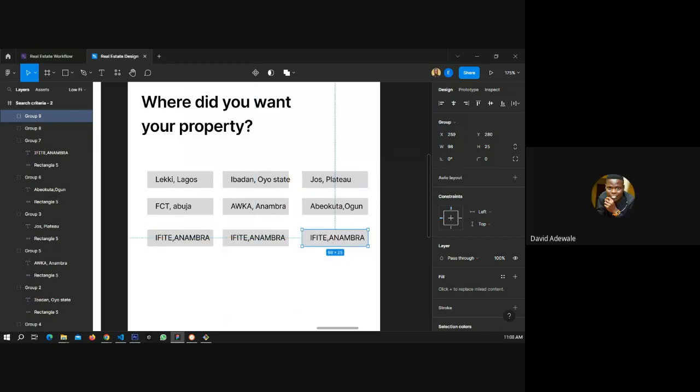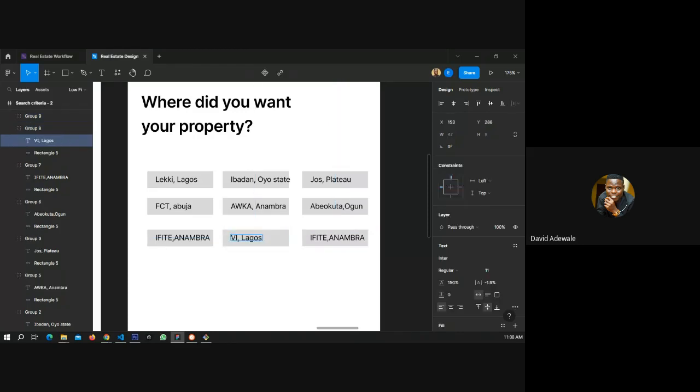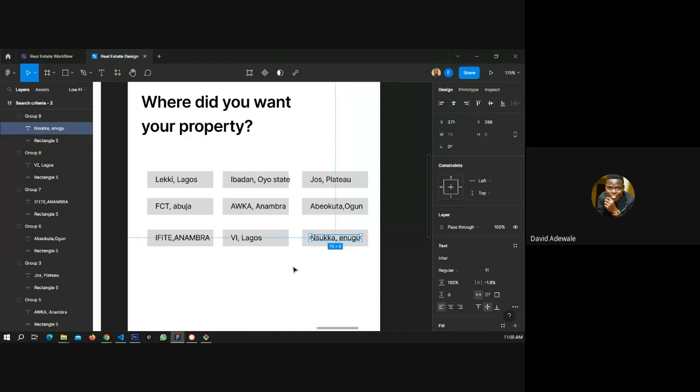So you guys, you know all these things before. Here in Lagos, Usuka, Enugu. Don't put states, please. Don't put states. We know that Enugu is a state already. So don't put states.